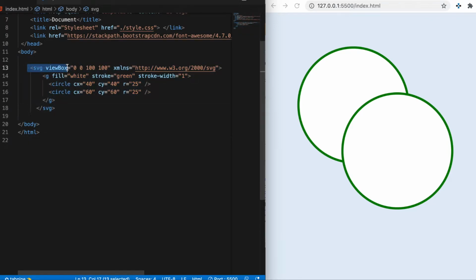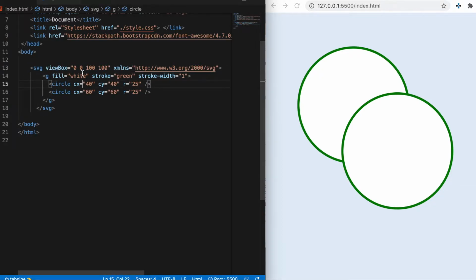Here inside an SVG tag you can see a G element. The G element wraps two circles. We have applied some properties on the G element, such as stroke, stroke width, and fill color. You can clearly see white is our fill color, green is our stroke, and the stroke width is 1, which is like 1% of the view box.